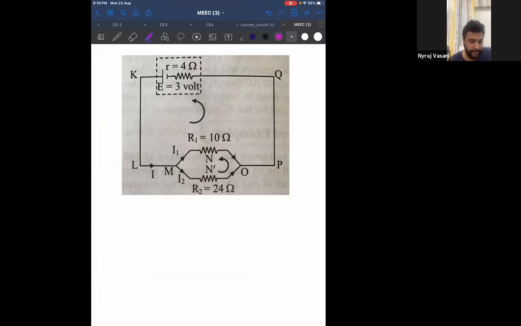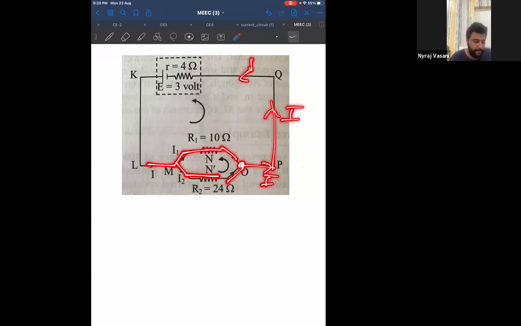Now, let me explain this loop to you. There is a current I, which is passing because there is only one voltage source. I'll have only one current. Listen to me carefully. That I splits into 2 currents, I1 and I2, and they meet over here. Can I say over here it will be I itself according to KCL? Just check. I splits into I1 and I2. Can I say I1 and I2 combine over here again and become I? Correct. Now tell me what is the direction of current in this circuit? Can I say this is one direction?